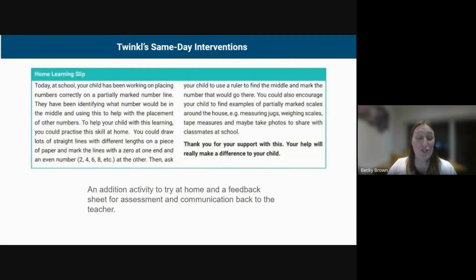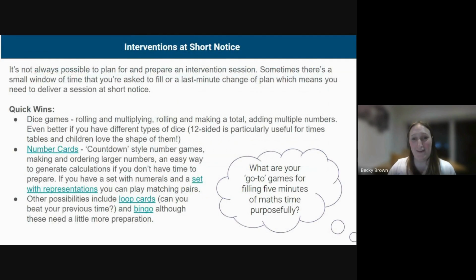So planned interventions, brilliant. We're planned, we've got our stuff together, but it doesn't always go like that. Sometimes something will happen, an assembly is cancelled, or it's a wet break and it pushes everything back, or something happens that means that our plans change. That's what teaching is, isn't it? That's what school is like. So quite often I know that some of my very, very best TAs would say, well, that's okay, I'll just take this group and we'll do this. Brilliant. And for a teacher, that is lovely to hear, but it's really important that we're using that time